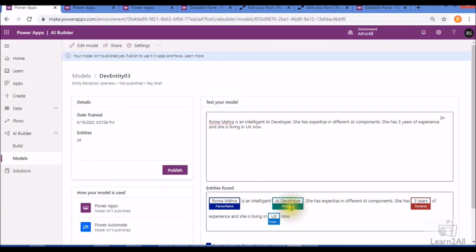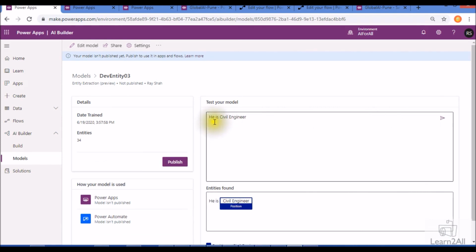So yes, AI developer is a correct position and it has been detected successfully over here. So that means that our model is properly trained now. If I write here he is civil engineer, it suggests the position. It detected that automatically, even though it is not in the model training. Yep. So this is how this AI model training will work here.